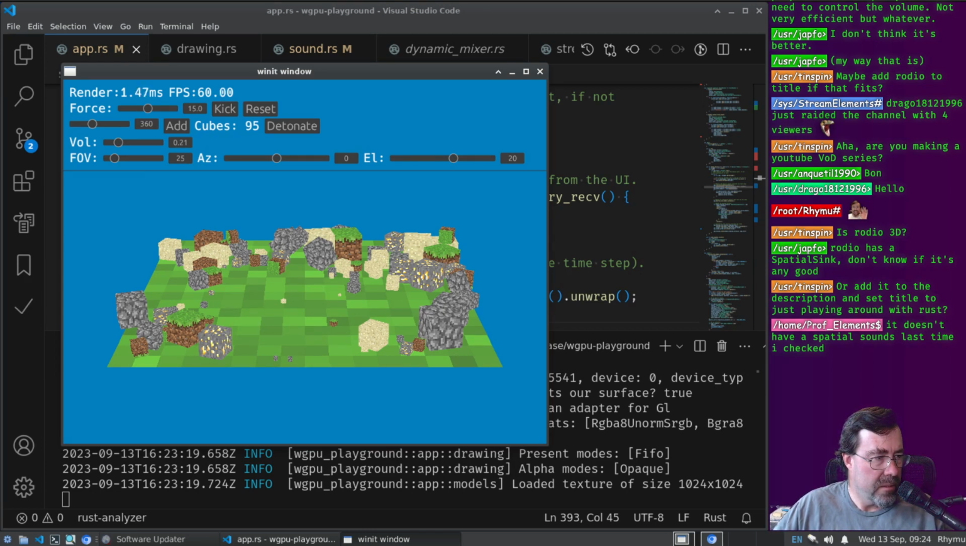I mean, they are a charm, aren't they? They are a little